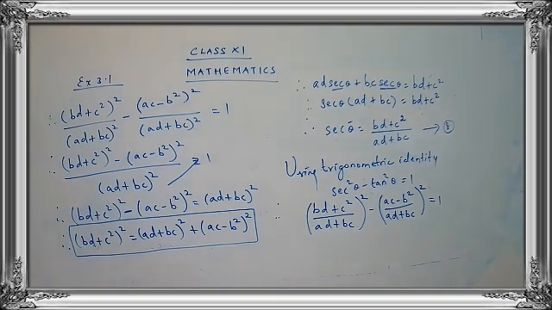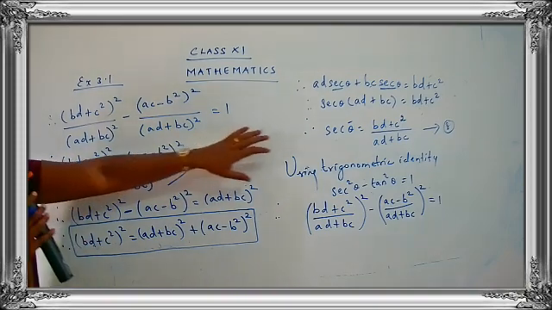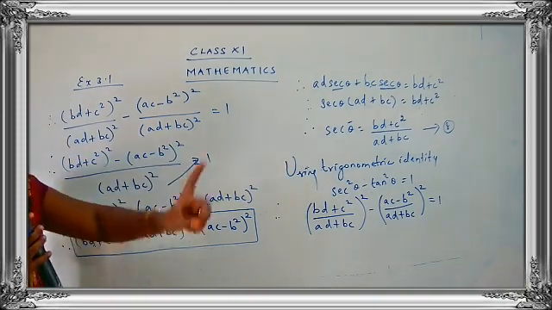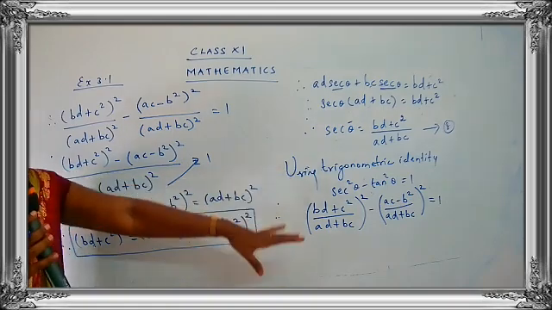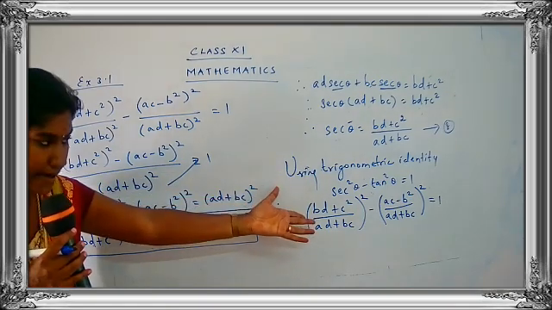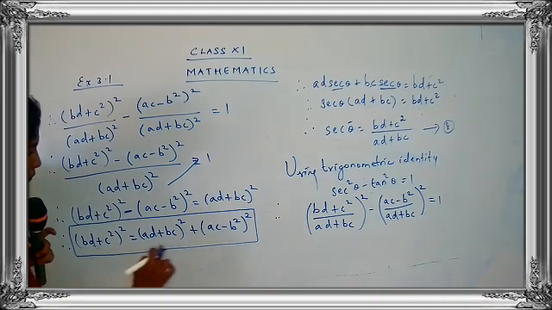Now you may feel the sums are lengthier. Yes, children? This was a big sum, but this type of sums will be asked for 5 mark questions. So you have to be thorough. Here very simple thing, we just used 3 different things. So first of all, we took the given equation, we eliminated one term, and we got the answer in terms of tan theta. Then again you multiplied with the coefficients and you got the answer in terms of sec theta. That was your second step. And the third step is you are using the trigonometric identity.